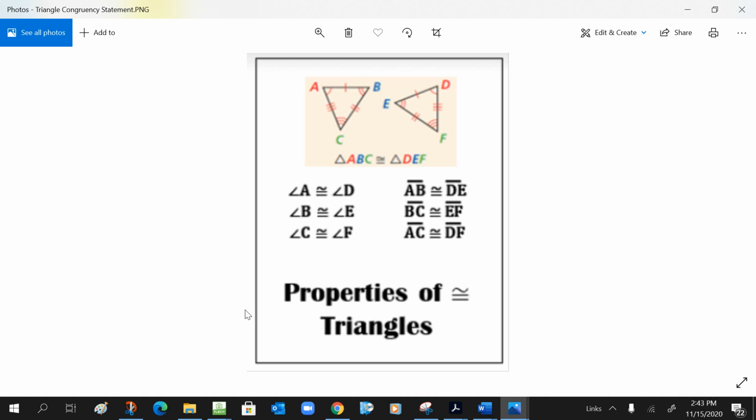In this segment of Mrs. M's Math to the Masses in a Minute, we want to talk about triangle congruency statements and properties of congruent